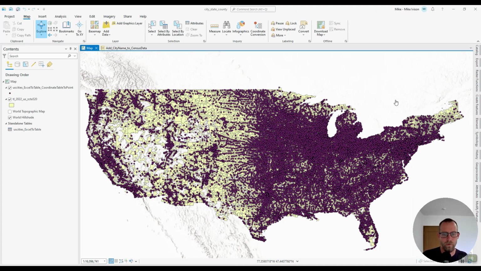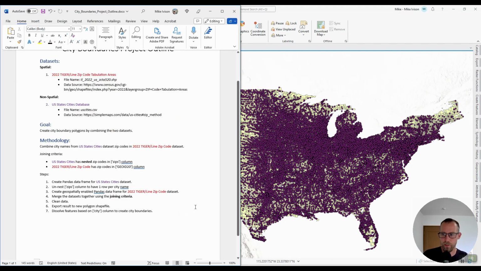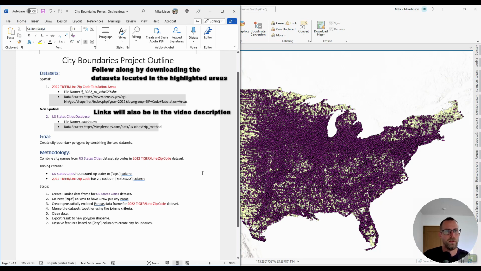So before I jump into ArcGIS Pro, I'm going to go over an outline of what we're going to do. We're going to be working with two different data sets. One data set is the 2022 Tiger Line U.S. Census data, the zip code tabulation areas. So polygons based on zip codes in the United States. And